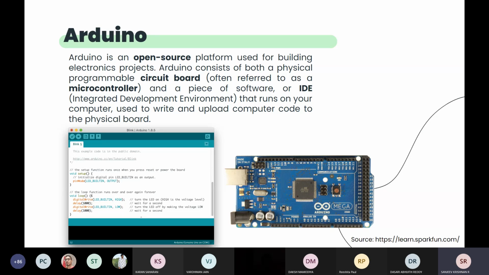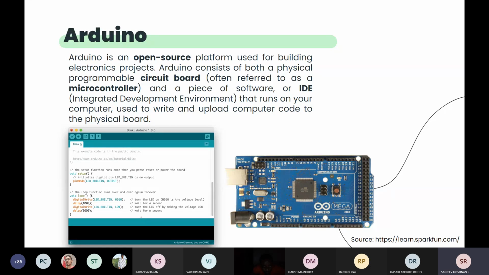Development boards are like this: if you see any of the electronic goods in your home, you will see special PCB boards, specially made for that particular good, right? They are specially made for that, and they'll have only the functions necessary for the functioning of that good. So Arduino is basically a development board where you can develop multiple projects. You have all the facilities, all the functions, all the pins ready to develop any kind of project you need to do.